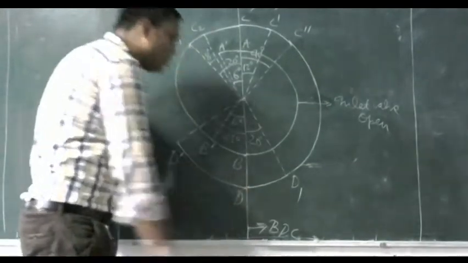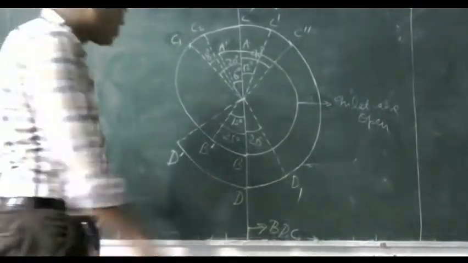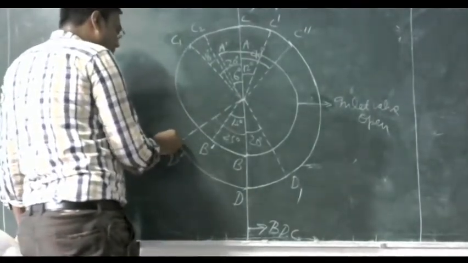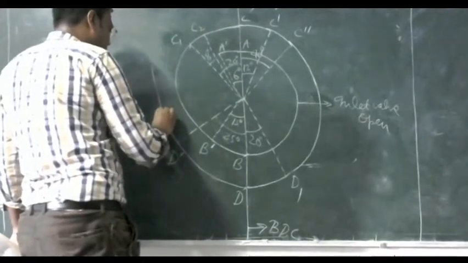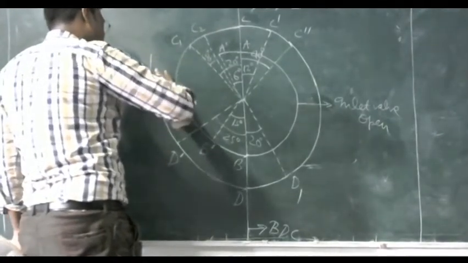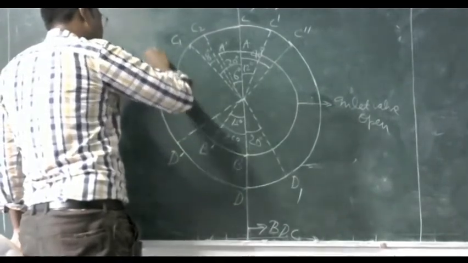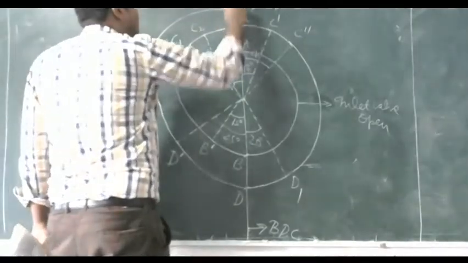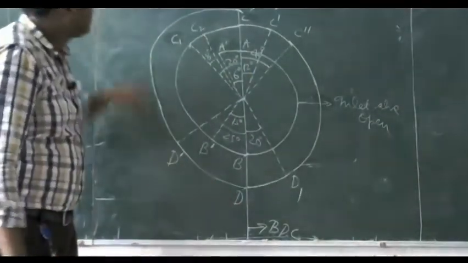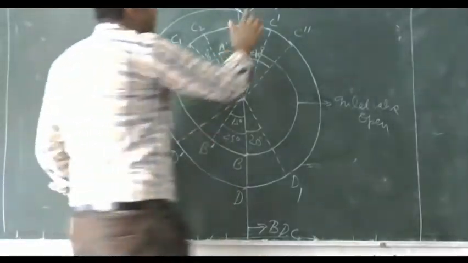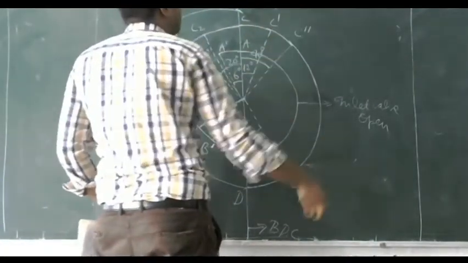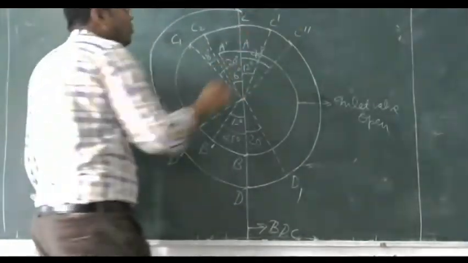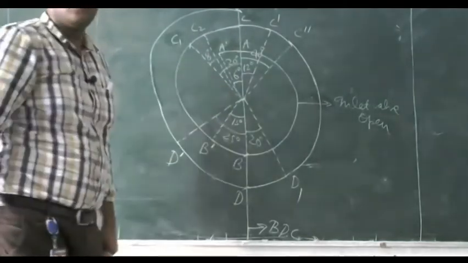And from point D, the exhaust stroke also starts. The exhaust valve is open here, so the exhaust stroke takes place. During this cycle, the exhaust valve is open up to point E. From D to E, the exhaust valve is open for the exhaust stroke. Now the exhaust stroke is completed at point E, so we need to close the exhaust valve.